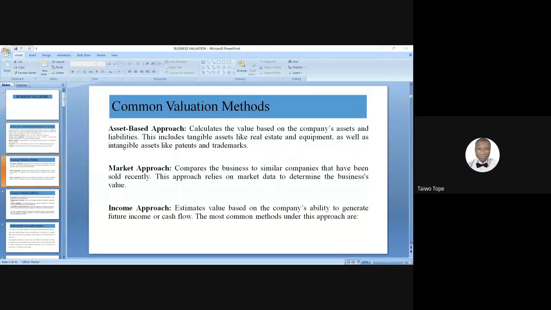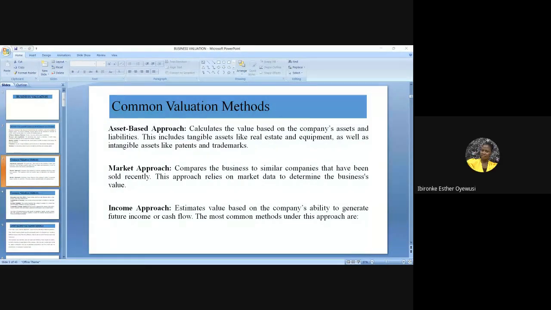Can you come again, ma? I said that the book value of an asset is the current value, like the value as at the reporting year. So the current balance of the asset by the point you are reporting is the book value. Any contrary opinion to that? So everybody is in agreement with that.